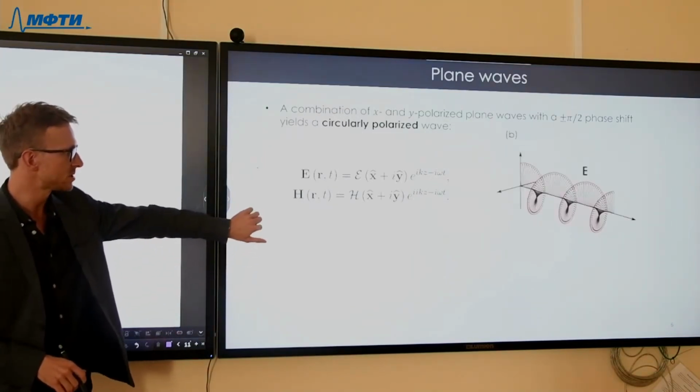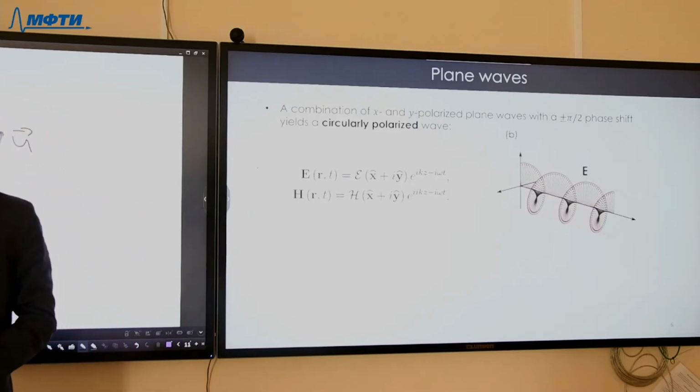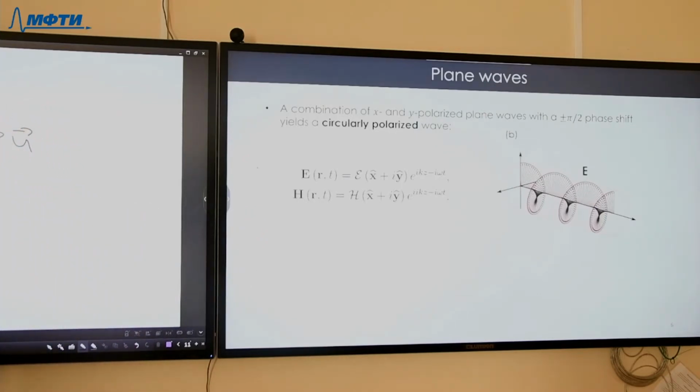And the result is going to be, as you will know, a circularly polarized plane wave in which electric and magnetic fields outline a circle as this wave propagates through space. And in the context of circularly polarized plane waves, there is another important concept which is called handedness of a wave. We'll talk about handedness in more detail in the next term when we introduce the concept of chirality and helicity of electromagnetic field. So far, I can tell you that,